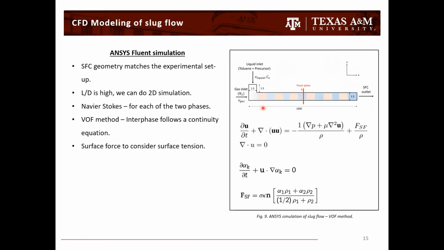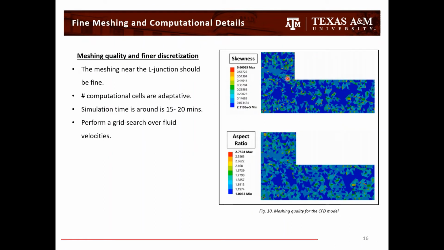Specifically, in this work, we consider a geometry as shown here, which is a millifluidic apparatus. And it is the same apparatus that we have in our experiment, so it is consistent. Here we have a liquid inlet where we inlet our precursor concentration for the crystallization, and we have a gas inlet, which in this case is nitrogen. While simulating, you need to understand that this is a very complicated phenomenon and you need to have a very fine mesh. So we did trial and error and tried different fine meshes to be computationally efficient as well as